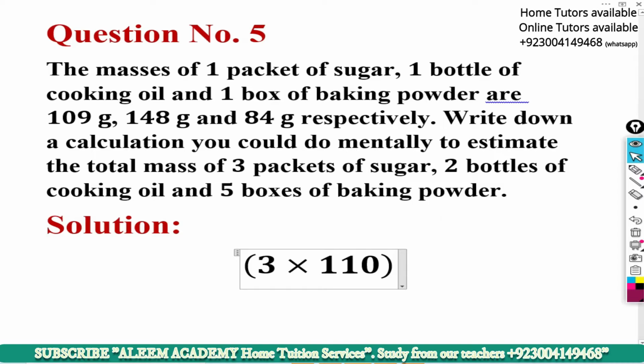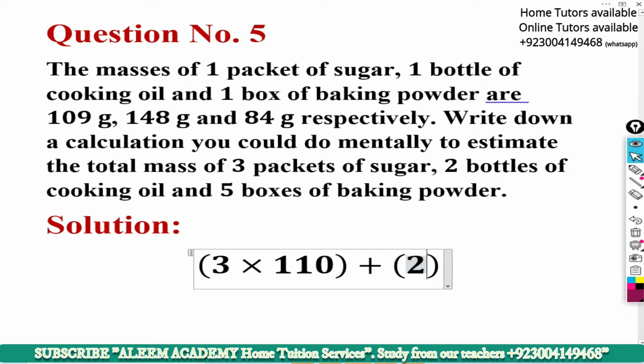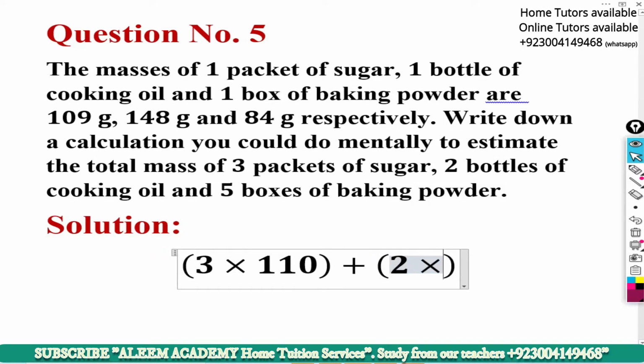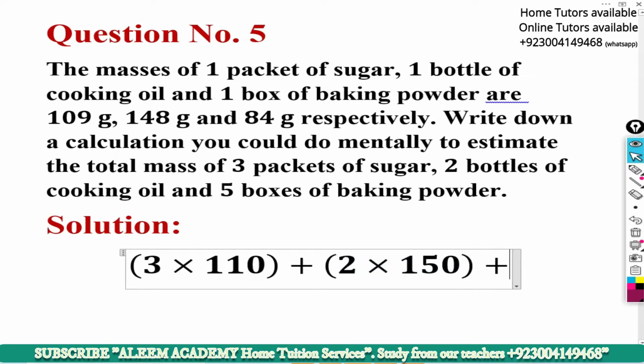Okay, plus what you have to do, the next is 2 bottles of cooking oil. 1 bottle of cooking oil has 148 gram mass, and 148, if you round off 148 to the nearest tens, you will get 150. So 2 bottles will have to multiply 150. Plus